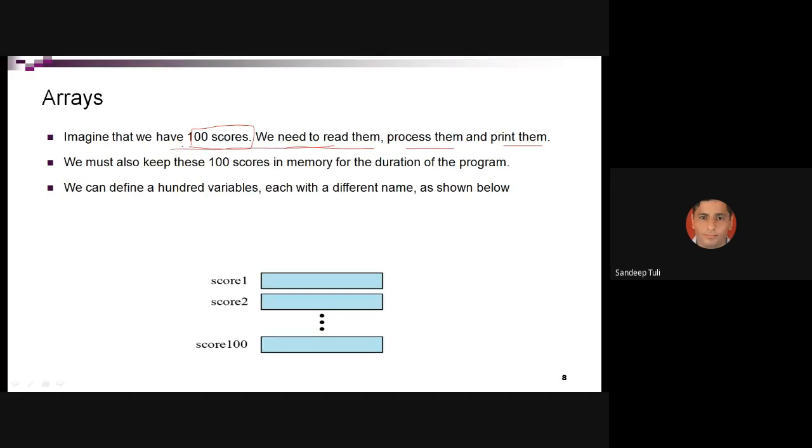Now suppose using array, you need to do. So what you will do? You will maintain an array of 100 elements for a duration of the whole program. Like till the program runs, that array of 100 elements will be there, and it occupies the memory too. Also, we need to specify the variable name, it means array name. As shown below, like score array we are declaring, it will be of size 100.